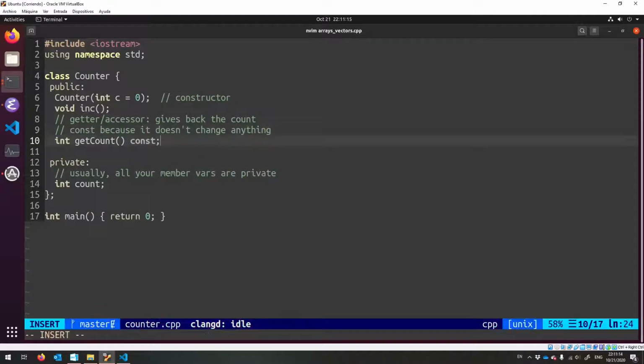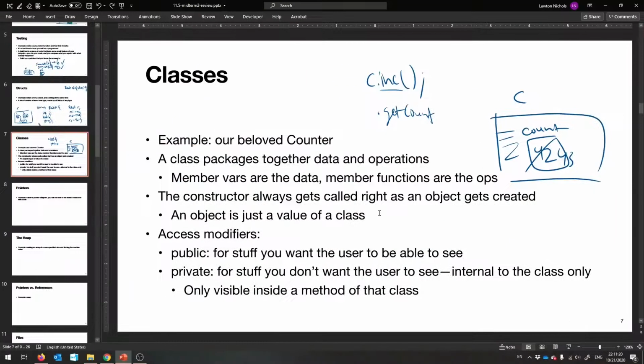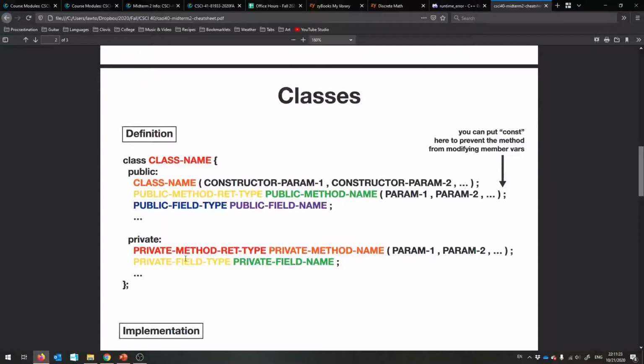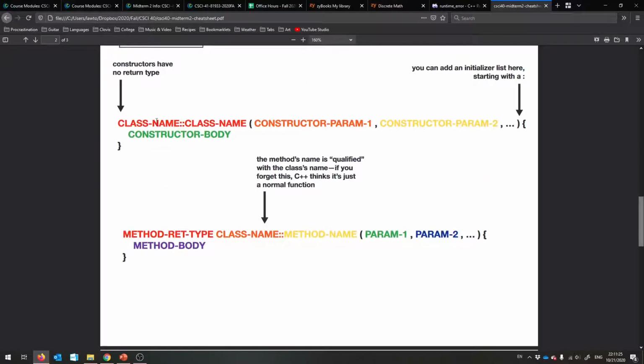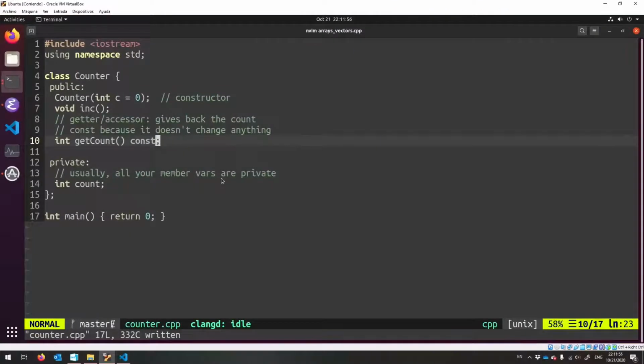Okay, so you can be lazy and just implement these inside of the class, but it's better practice to do it outside. And so when you do it outside, you gotta be like, okay, I'm about to declare and define this method. If it's a constructor, you gotta name it just like this. If it's any other thing, it has a return type first, and then the name of the method that you're implementing has to be prefixed with the class's name. You have to fully qualify that thing so that C++ knows that you're implementing a member function. Otherwise, it thinks it's just a normal function. It doesn't know that it's inside a class anymore. Okay? So let's go ahead and implement these three things